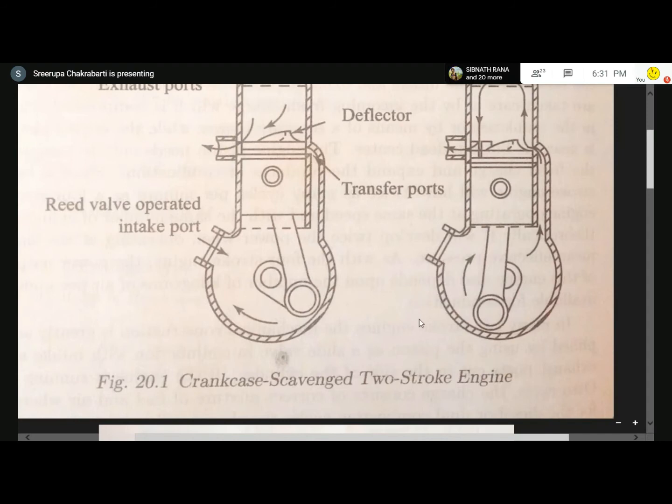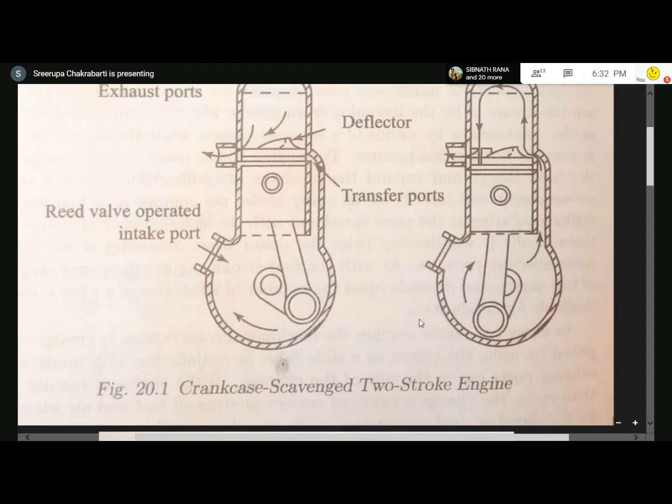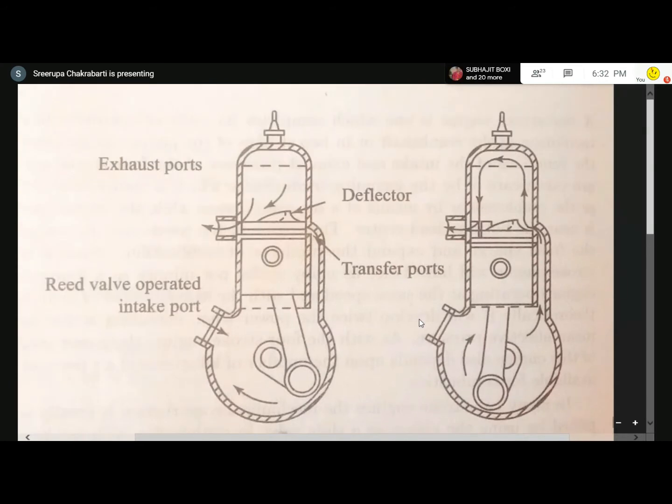Now this, of course, is a very interesting configuration of the engine, where we do not have any valve, we have only ports. We do not have any valve operating mechanism. We do not have to lose power for driving the valve operating mechanism. And we have only two strokes for a cycle. Each stroke will be contributing one power stroke and one ignition system, one combustion. So this is a two-stroke engine.